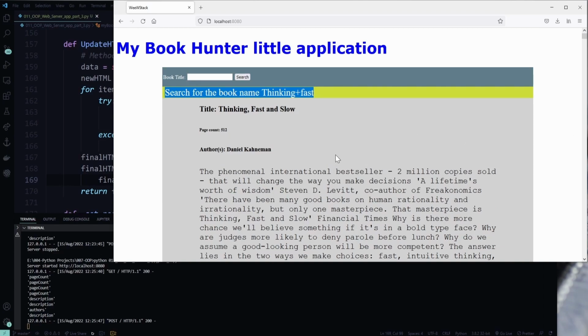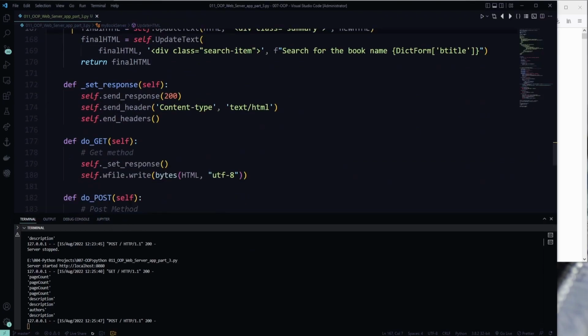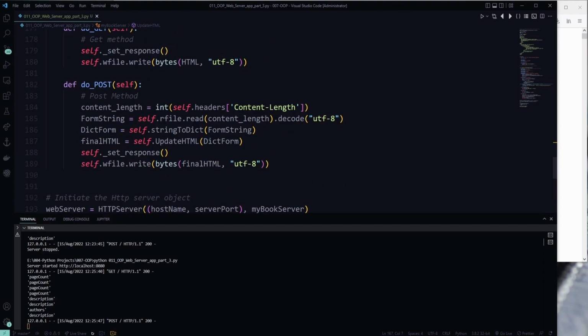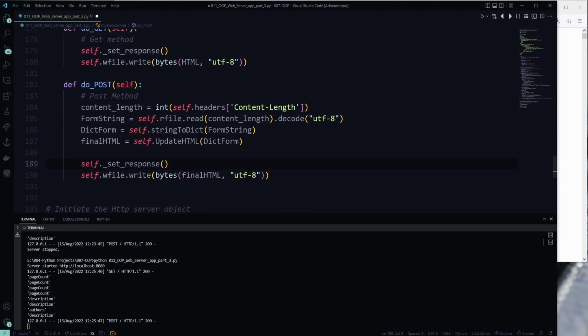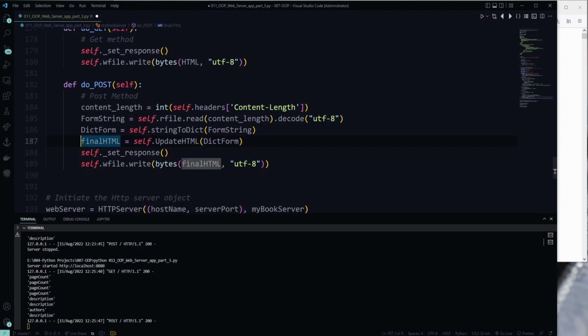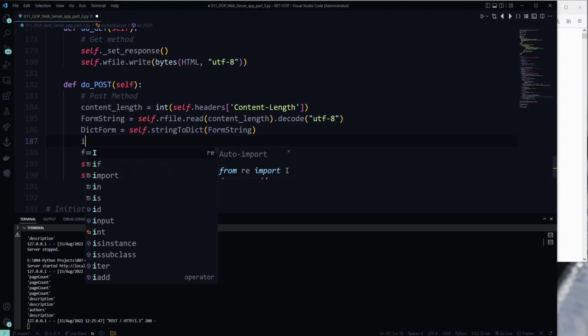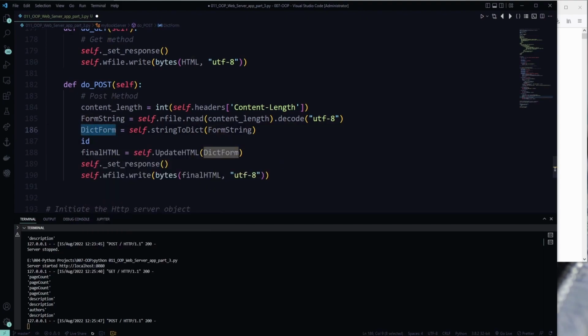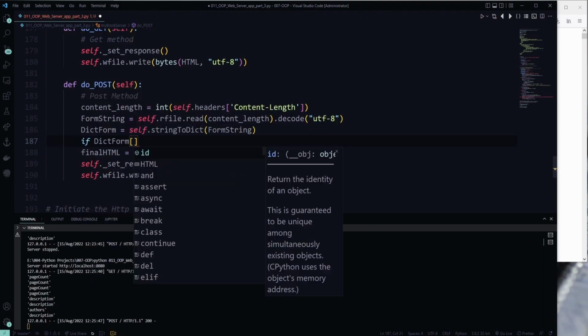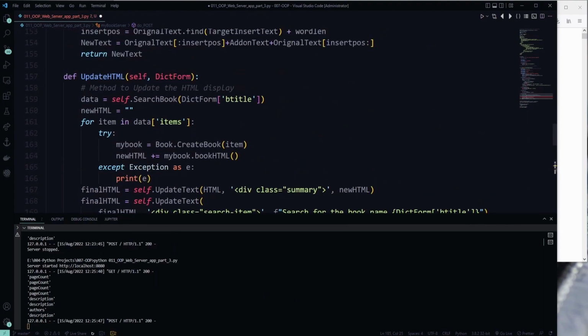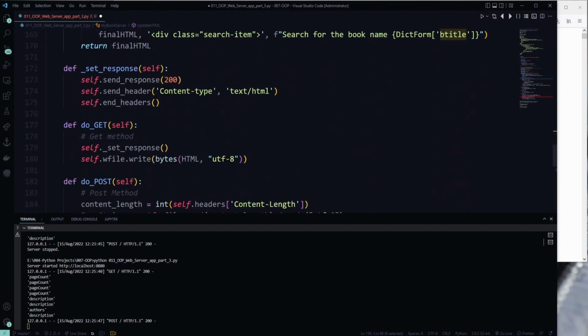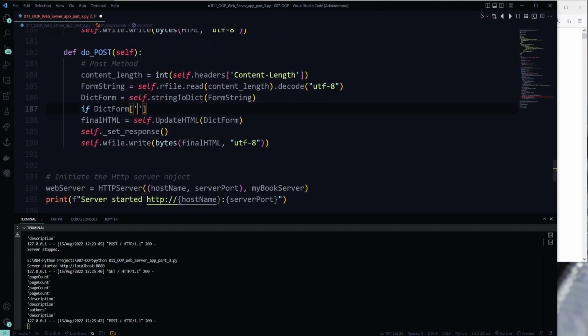Then finally, just to improve our response from the server perspective or the program, let's clean up a little bit what happens in the post. So before we start even giving the response, before we even create the HTML, let's do something important. We check if the dict form, this one, so we put if this dict form dot, and we are looking for this title here. So if this one is empty,